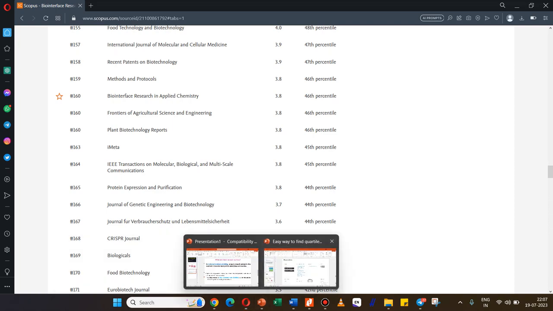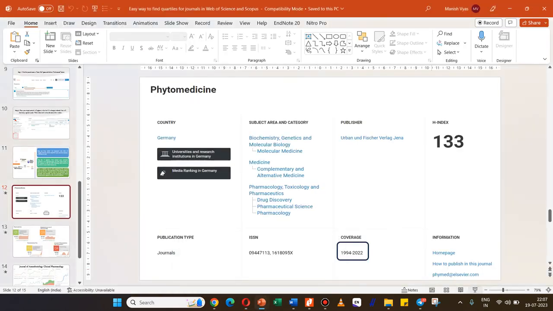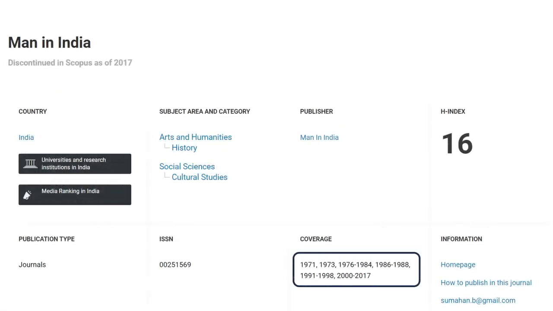Second option is how we are going to see it. We are going to see a specific website that is called SJR or SciMago website. On the SciMago website also, you can see a number of pieces of information about the journals and quartiles. Like you can see, this is the journal Main in India. I have searched it and I have got this window. So it means this journal after 27 year is not there for coverage, means this journal is not in Scopus